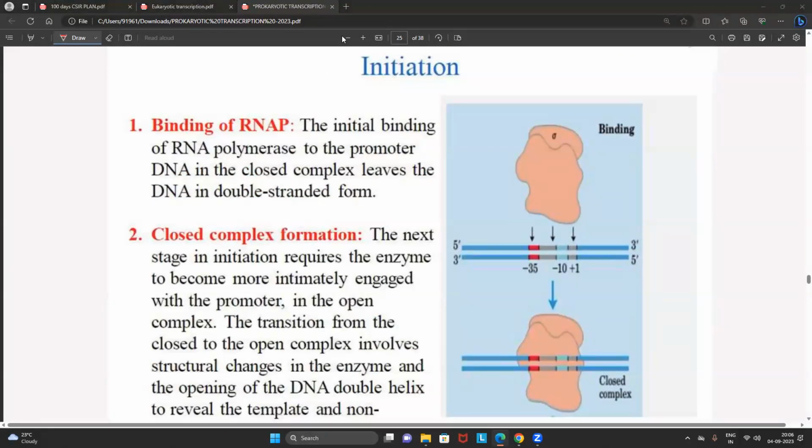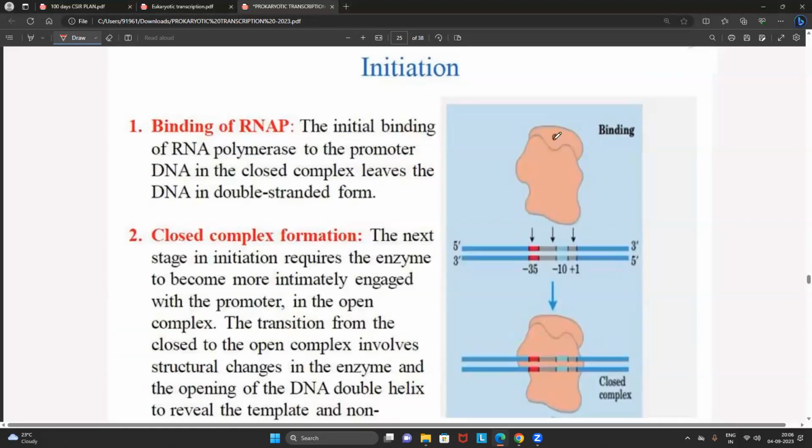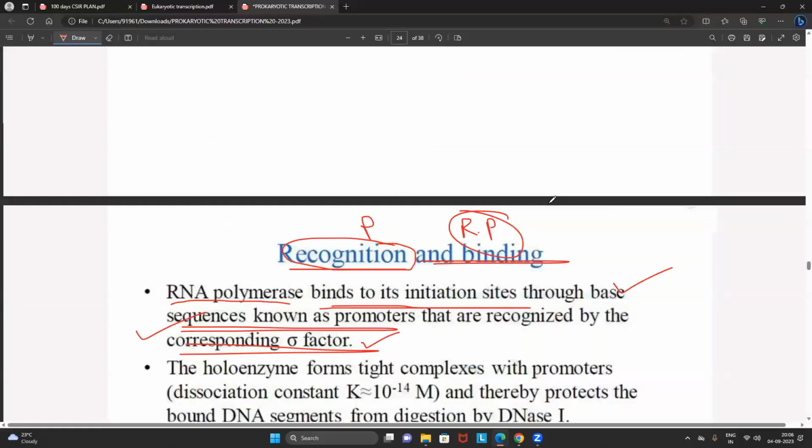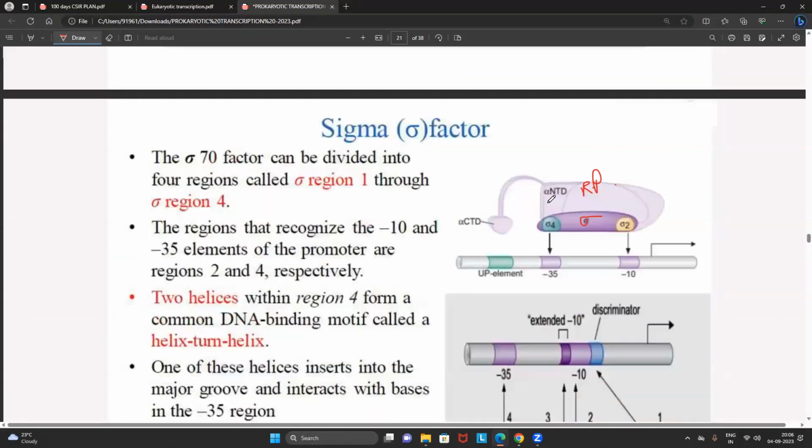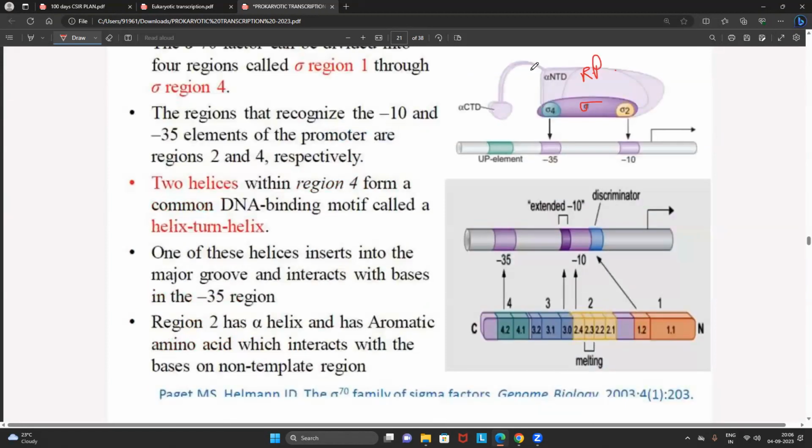Correct. Now listen, every one of you try to understand the concept correctly. Look into the point. See, friends, this is the DNA. Every one of you has to recall this particular step, friends. It is very important. If every student quickly recalls, in the last class, I told you, friends, sigma 2 will come and attach to the -10 region. Understand the concept. Sigma 4 will attach to the -35 region. There is no doubt about it.